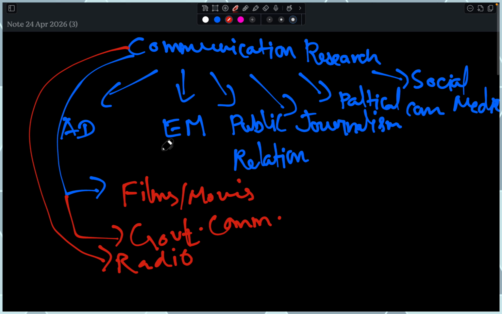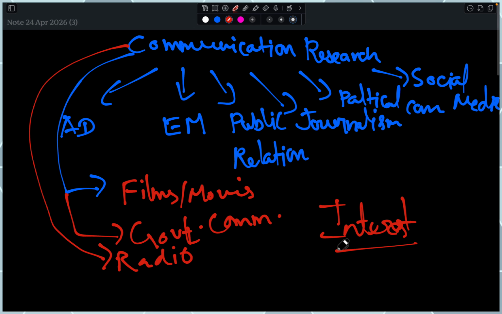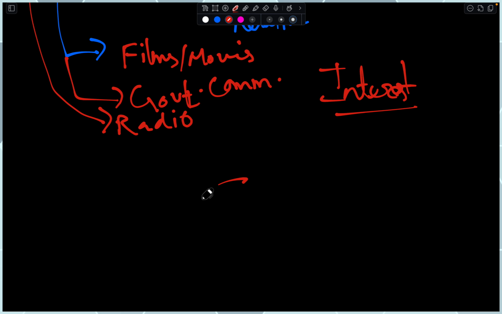Before choosing what you would like to work on, you have to see where your interest lies. Say, for example, you have a particular interest, and that interest can be anything.